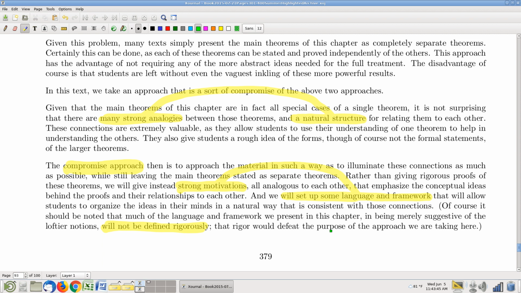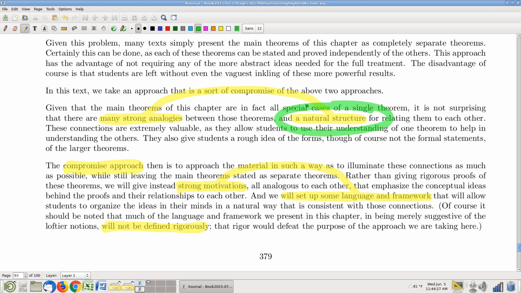consequences. And one of the big consequences is that these individual separate theorems have a strong analogy between them. At a minimum, even without discussing the great big sophisticated theorem, we can still see the patterns, see how these theorems in many ways have a lot in common and follow the same structure. So this is what I'm going to try to do in this course. Rather than just present them as separate theorems, end of conversation, I'm going to try to emphasize the analogies between the theorems. There is a structure that you can make which